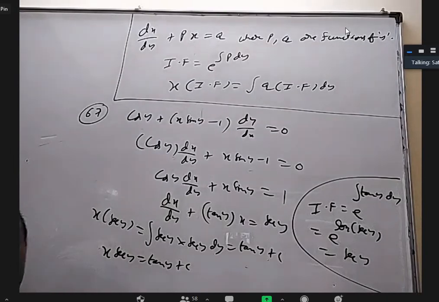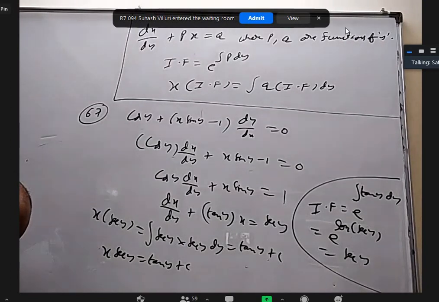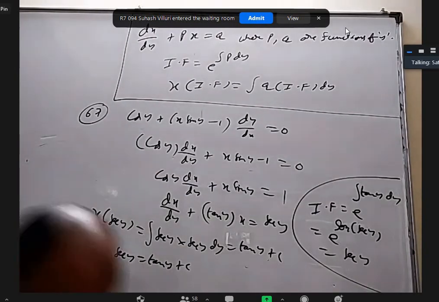Okay, you got some idea about this method. So 68, 69 also like that only. We'll discuss in the next class, that is Tuesday, and the Bernoulli's. With that, actually the chapter is over. We're just doing questions further, a variety of questions. That's all. Theory is over. Only one more Bernoulli's equation I have to tell. All right.